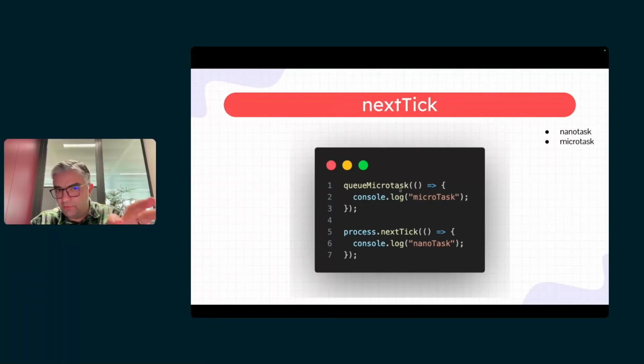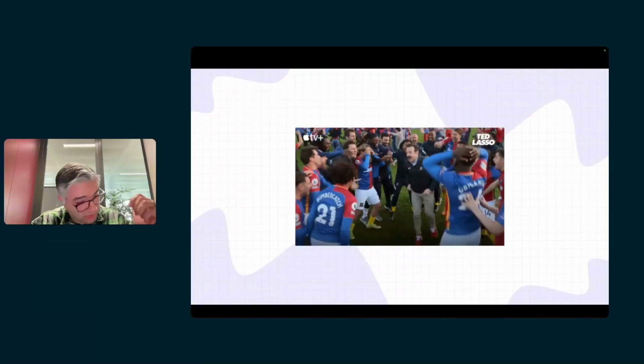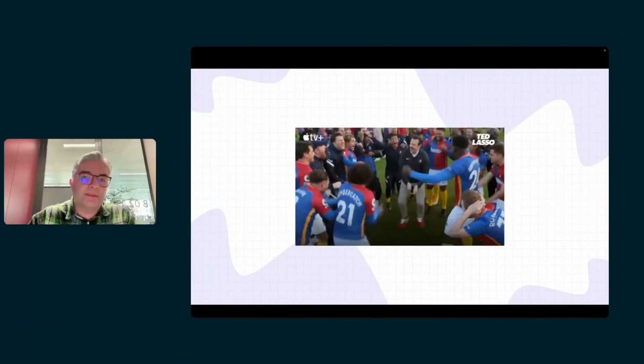By the way, if you run this one, you should run this function inside a Node environment. So we have nanotask and microtask. Which one comes first? Nanotask, because nanotask priority is higher than microtask. It doesn't exist in browser, but by the way, process.nextTick. So we know everything.